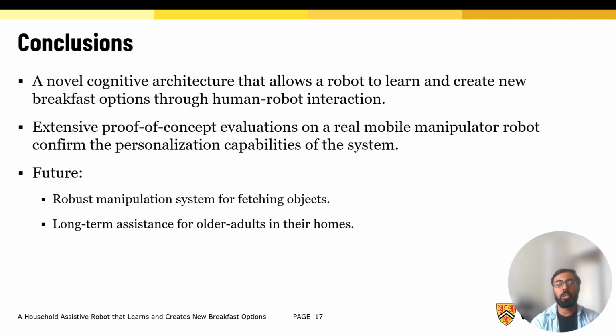In conclusion, we developed a novel cognitive architecture that allows a mobile manipulator robot to be personalized to their users by learning and creating new breakfast options through human-robot interaction. Our extensive proof of concept evaluations on a mobile manipulator robot confirm the personalization capabilities of the system. In the future, we will focus on fixing some manipulation errors for fetching objects. Our hope is that this system can help develop household assistive robots that could provide long-term assistance for older adults in their own